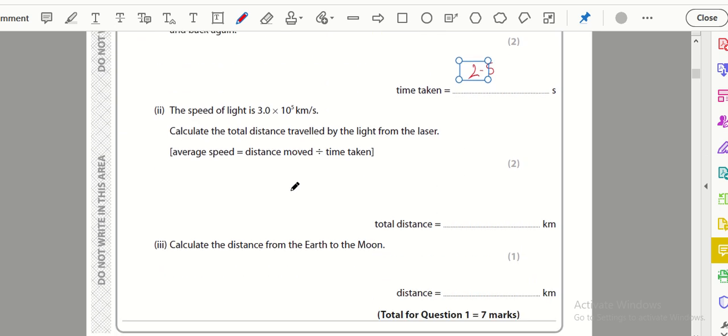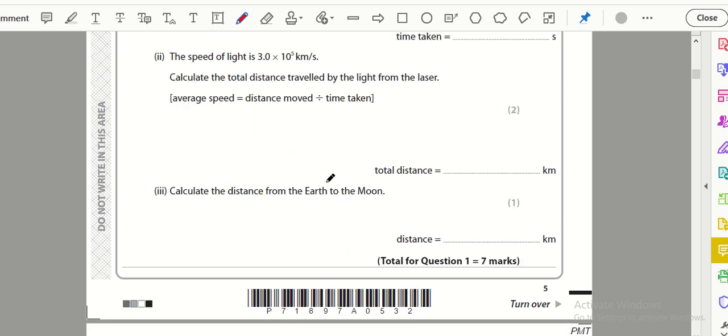The light speed is given. Calculate the total distance traveled by light from the laser. It gives us the equation, so we can say that this total distance is equal to velocity times time. And note here that it is in kilometers and the unit needed is kilometers, so we will not convert. And the result is